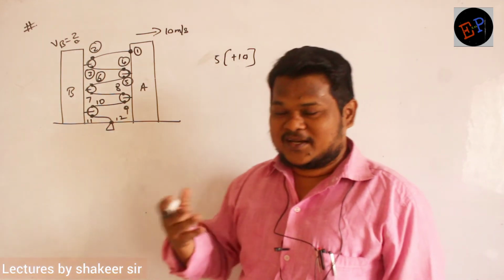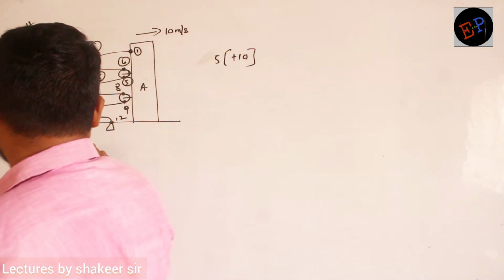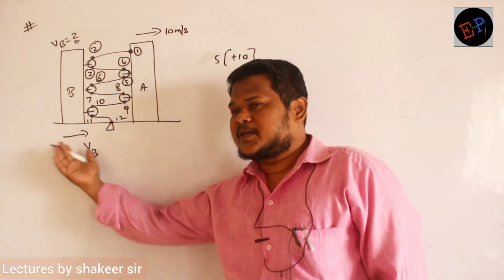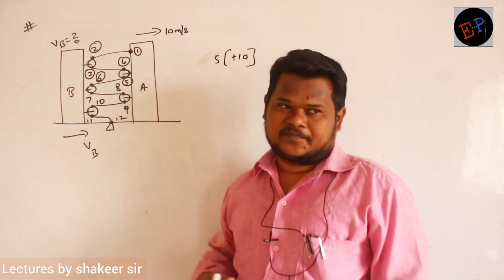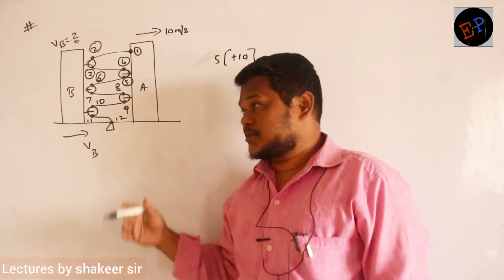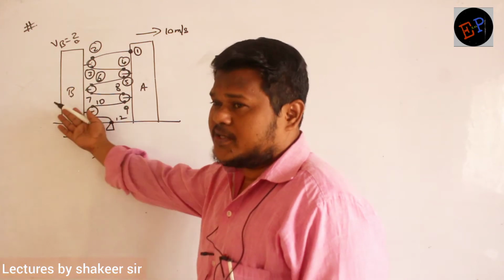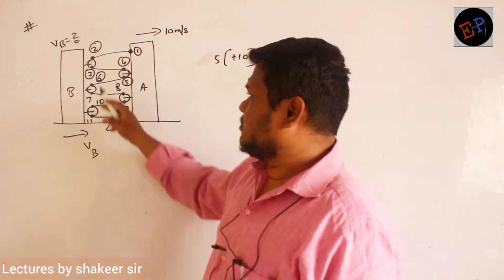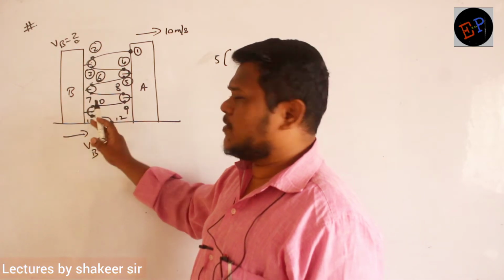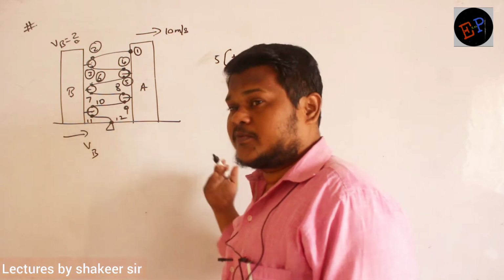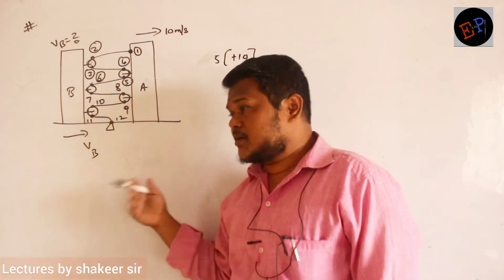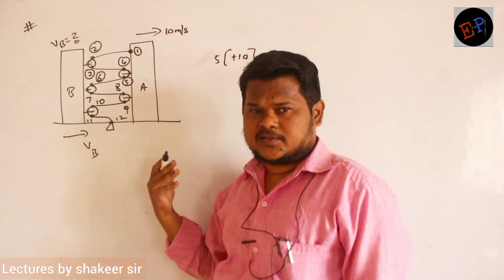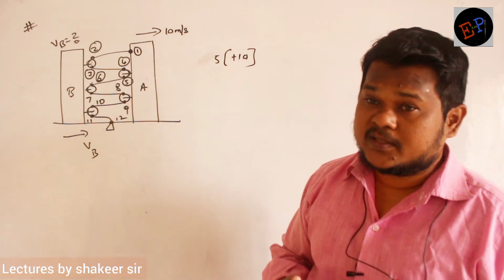Clear, no? Okay, let us assume this block is coming in this direction with a velocity of Vb. This is my assumption. If the block is coming in this direction, then pulleys 1, 2, 3 also will come in the same direction, because pulleys are attached to the block. And these points 2, 3, 6, 7, 10, 11 are also connected to pulleys, so they also will move in this direction. If they move in this direction, what happens to the length of the rope? The length of the rope decreases. If length decreases, such velocity should be taken negative.